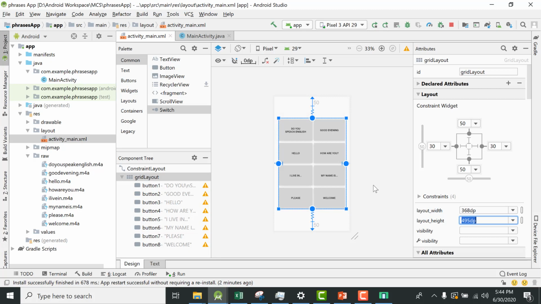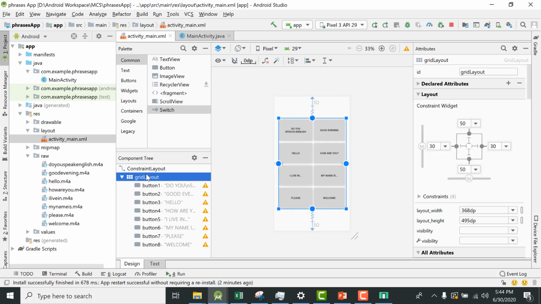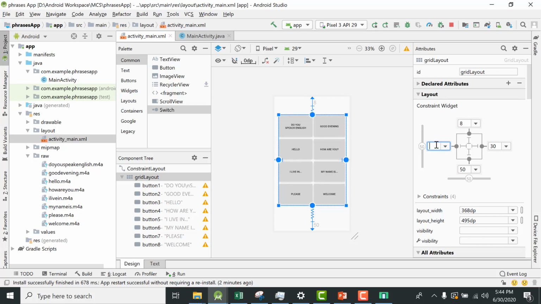Yes, now you can see a lot of improvement, but I also want to constrain it 8 from the right and 8 from the bottom.